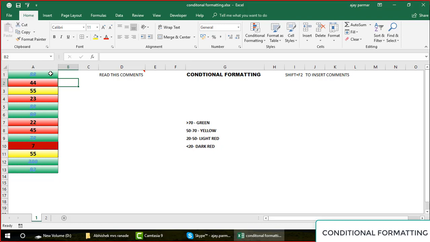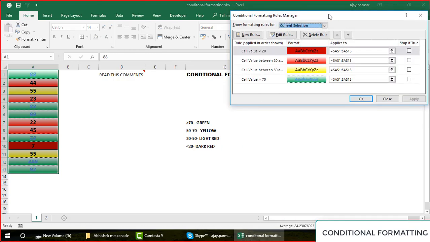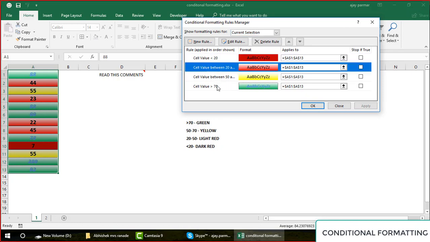So what you will have to do, you will have to select this entire thing, and go to the conditional formatting, and go to manage rules, right? And you will get all the rules which are available in that selection, not in the entire sheet. Then you find where is that rule, so you select this rule, so you have all the rules coming here. Very simple. If you want to edit it, you can. If you want to delete it, you can. I'll talk about these arrows also.